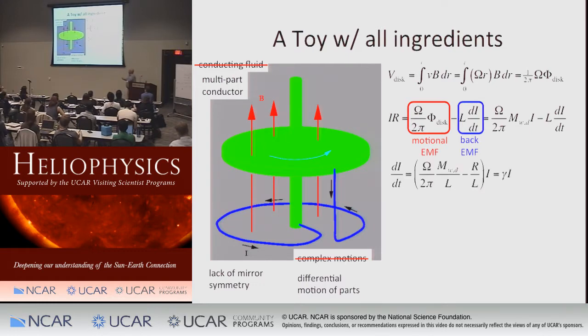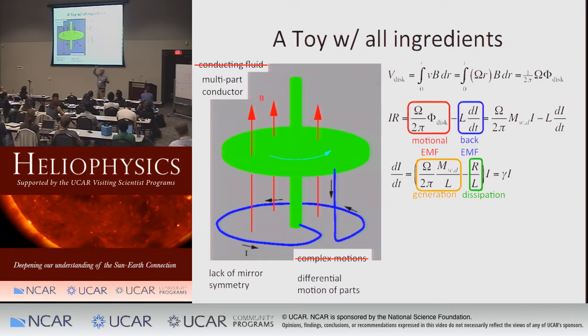And I collect them all into a nice differential equation. dI/dt is this product of this stuff times I. Okay? So this is just basic circuit pieces. But you'll see now that my motion is giving me a positive term here. This is the generation piece. Okay? The faster I spin, the more it generates. And the resistance of the disk is a dissipation piece. And these two are battling. And this is a nice differential equation. I know how to solve it. All this stuff is constant. So dI/dt is a constant times I. And the solution is